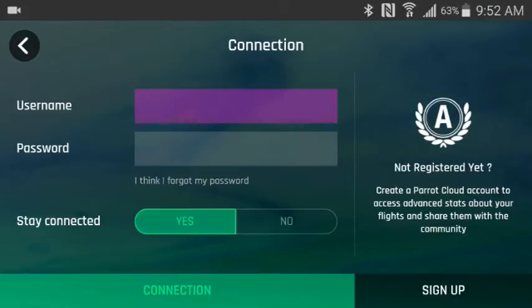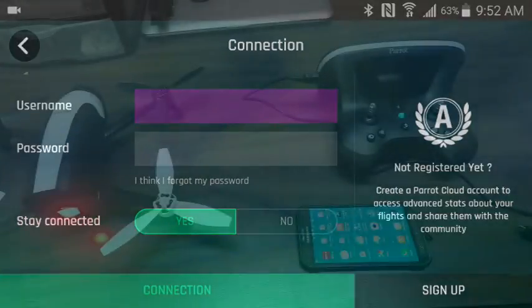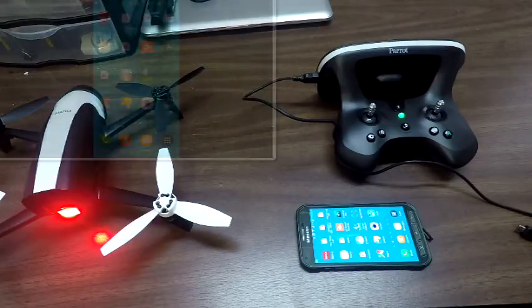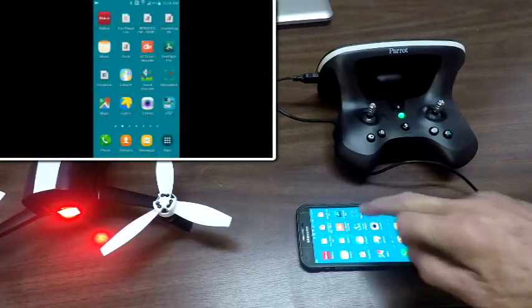When you connect to the Parrot Cloud, it'll bring you to a page where you will go through a standard sign-up procedure like you would normally do for anything. You have to create a username and password. And I think you probably will also receive a confirmation email after you get all signed up. Now that you've got your membership in the Parrot Cloud and you're connected up that way, the next thing that you'll want to do is go to